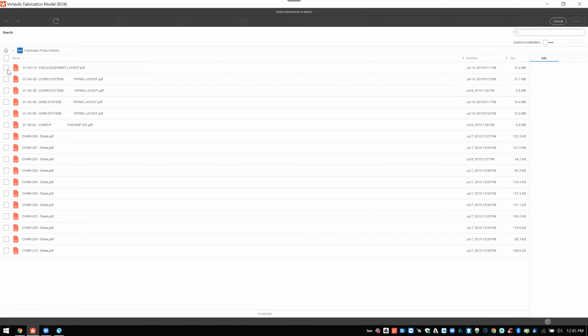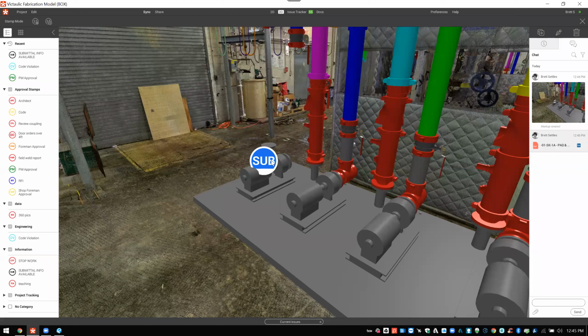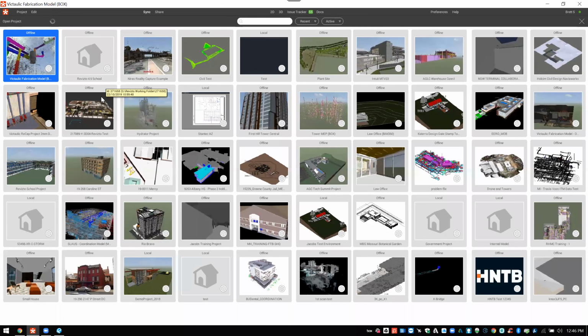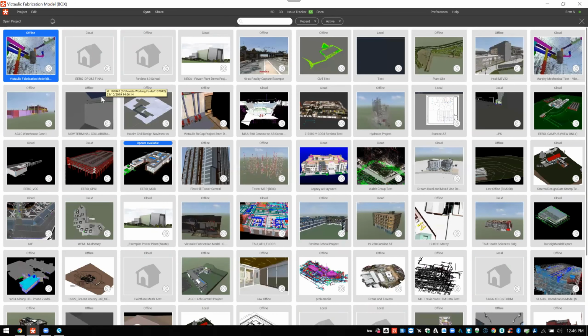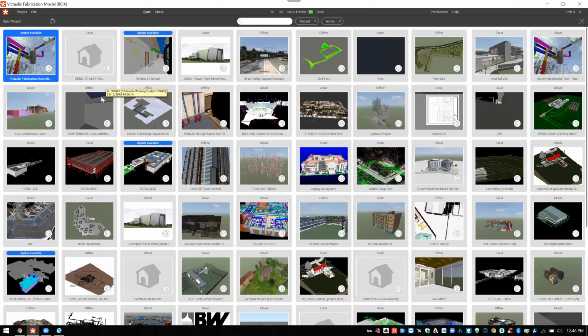As you can see here, I can grab any of this information that I want, and I can attach that right there to that piece of information. And now I'm reporting not on issues, but on actual supplemental information that can be imported or used by field personnel or project managers or anything along those lines. Some of the other interesting use cases that we've seen is the ability to report on 360 photos. So for example,